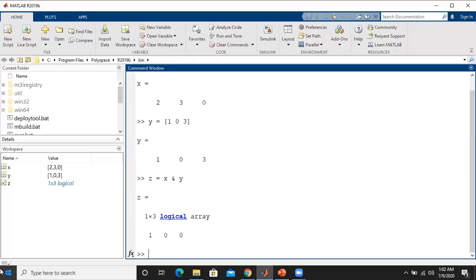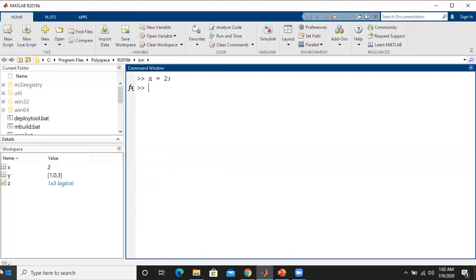Right. Then we go for the scalar. So clear the screen. x equal to 2, that I will take here. It is a scalar. Then y I consider as a vector, so y equal to again 1, 0, 3. Now I will assign the result to logical variable z. Then I will go for the XOR operation.